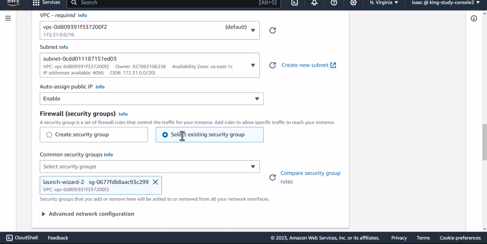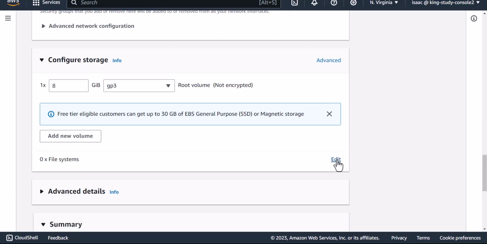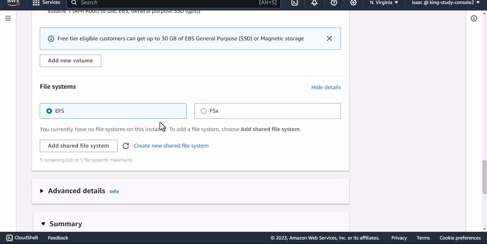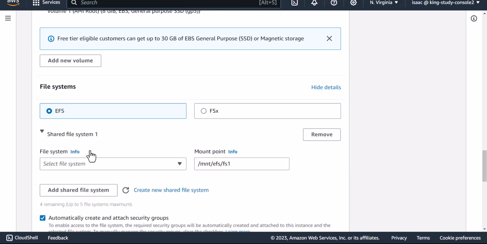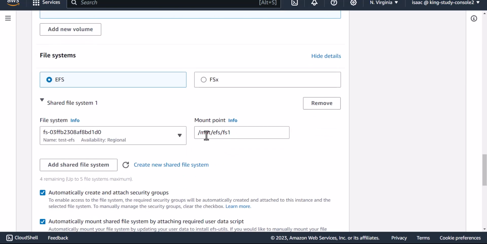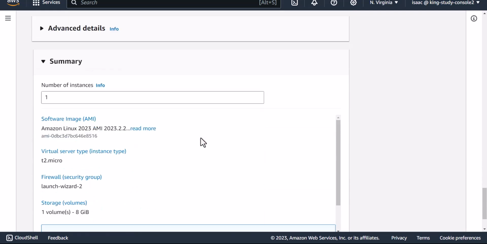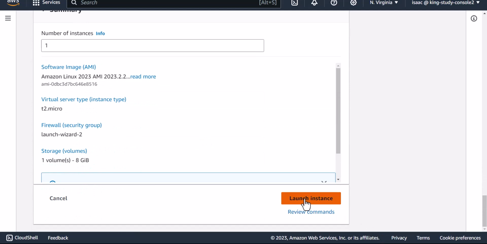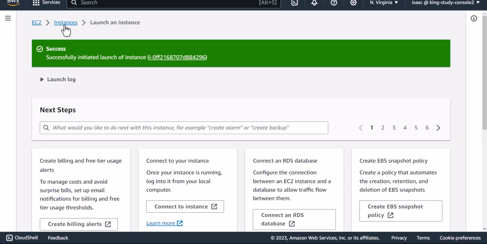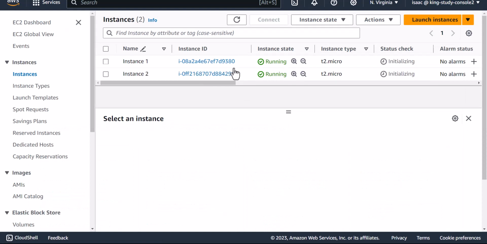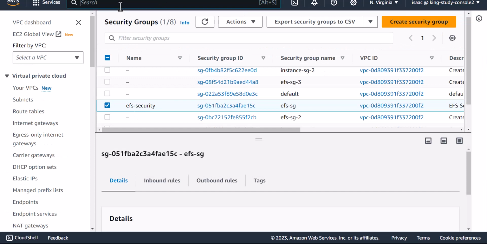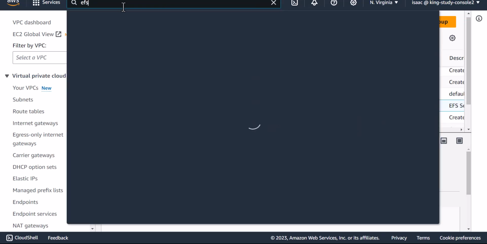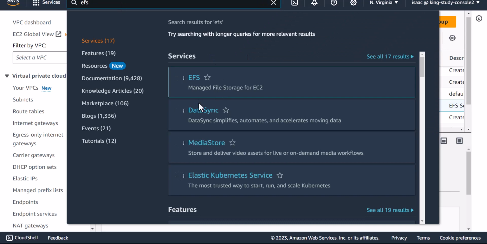Great, this one. So storage, edit, and add shared file system, and you can see the mount point is the same, EFS FS1, and launch instance. Great, so I'll go to my instances. Now I have both of my instances running, and then what I can do is go to my EFS console. Okay, and then I'll go to file systems,